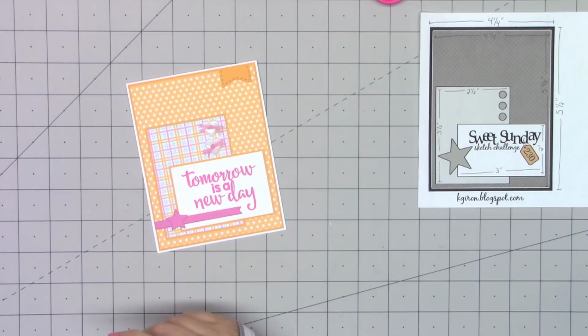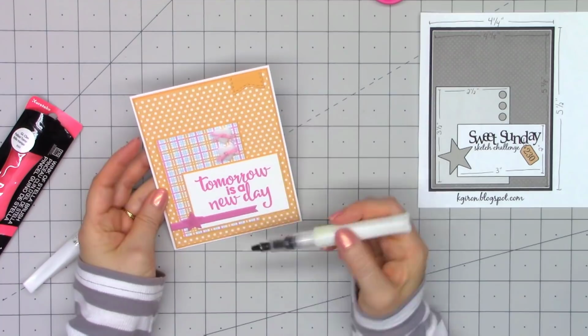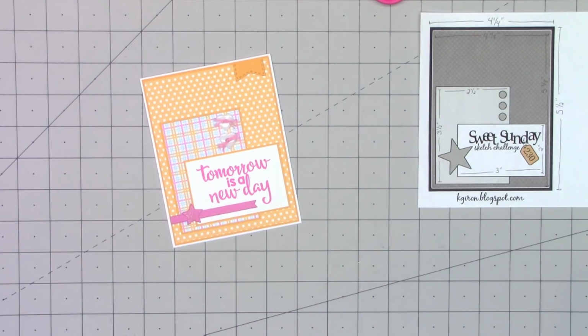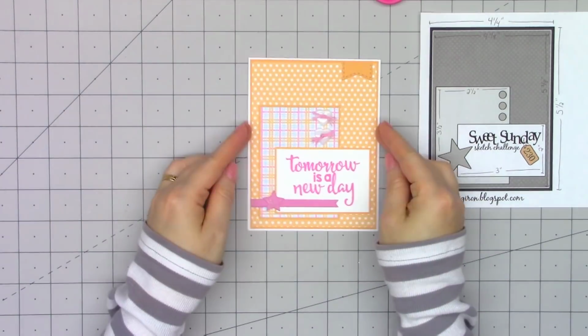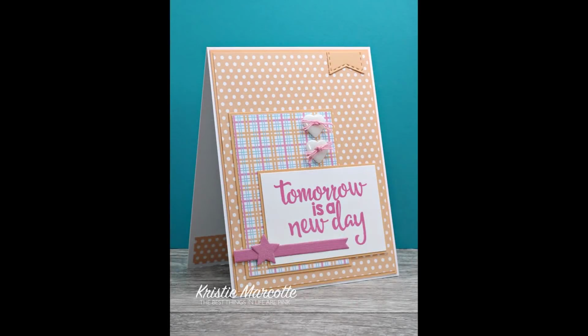I use some liquid adhesive to attach it to the card, and then just to add a little bit of sparkle, I'm using a Wink of Stella glitter pen just in the clear. So there are my two finished cards using this sketch. Now moving on to